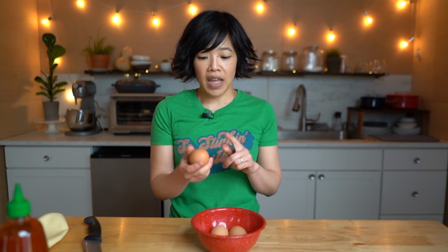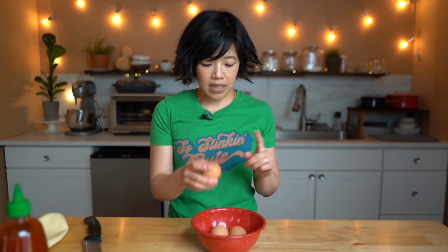But since I wanted hard boiled, I did 8 minutes and 30 seconds just to make sure. Take them out, put them in some ice water, cold water, let them cool off, and the shells should come off nice and easy. A lot of people have suggested that I steam my eggs, or I've even heard of air frying eggs to hard boil them to get the peels to come off quickly, but I'm very happy with